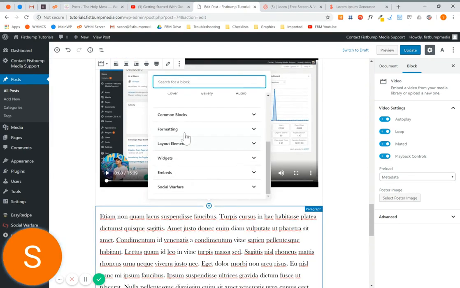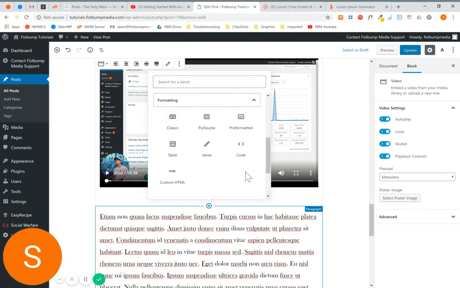I will go over and touch on some of these formatting ones because I think they're useful. Classic editor, we already talked about. The pull quote, we talked about. Pre-formatted, that's going to be just like your code. Slight difference in how it works. You can bold and italicize some of the text in here. The code, you can't. All that does is create a little box where you can copy and paste some code, and then people can copy and paste it off of your website,